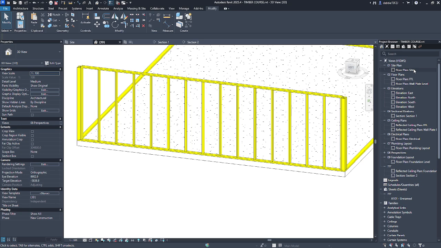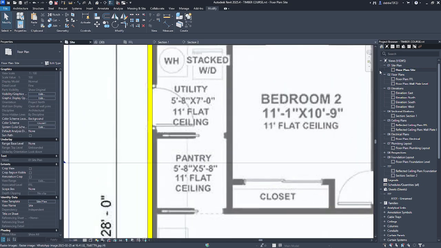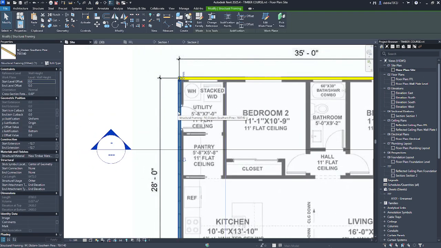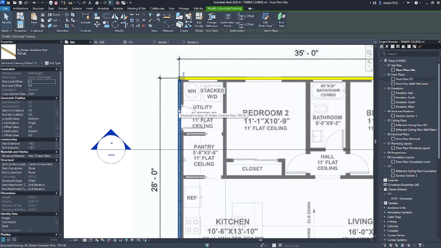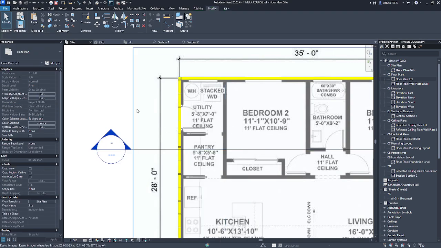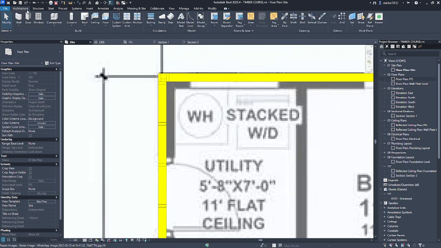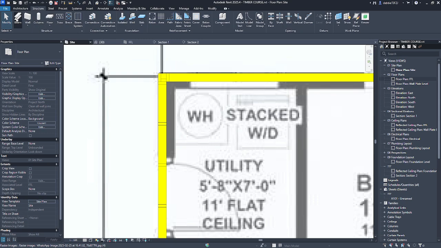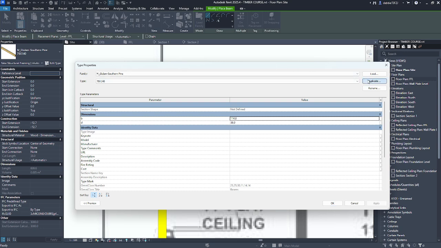Now we need to do our noggins. A noggin will be the same as our top wall plate, so just hide the top wall plate. Let's go back to structure, beam, edit type before selecting anything, duplicate, and we want to keep that size.